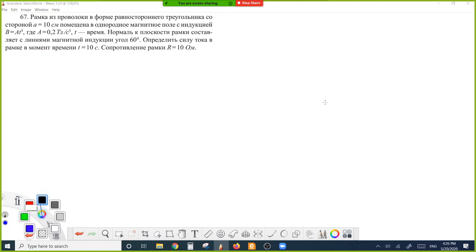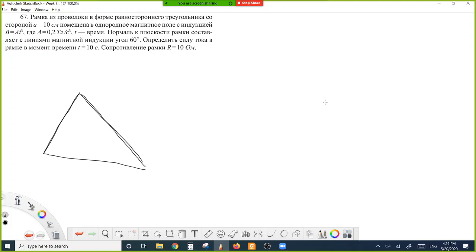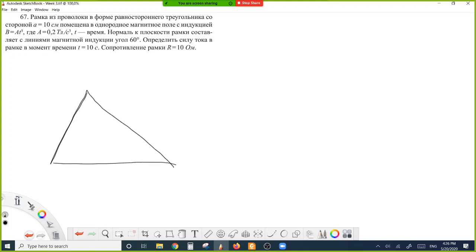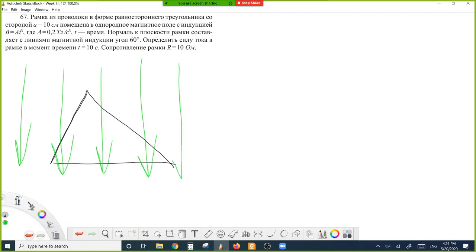I mean we have the equilateral triangle which is placed in the magnetic field with flux density B,